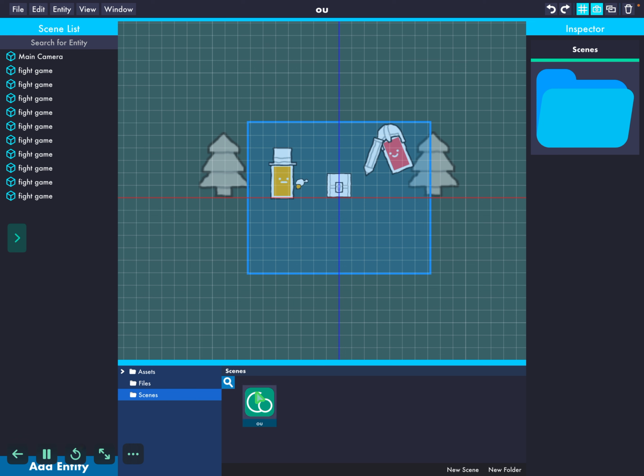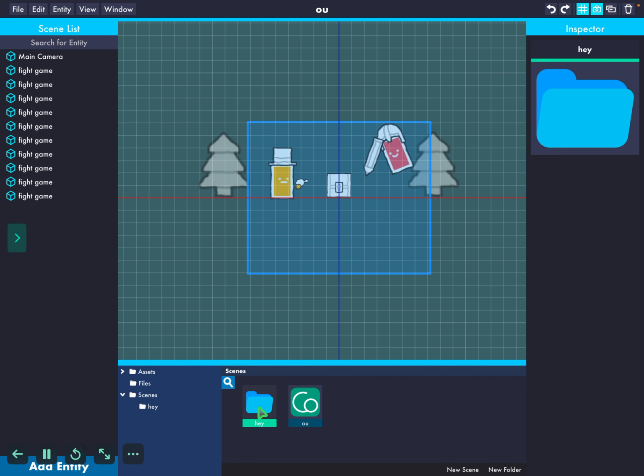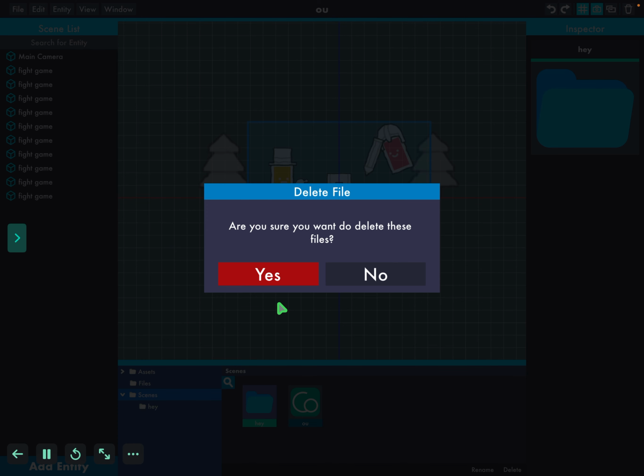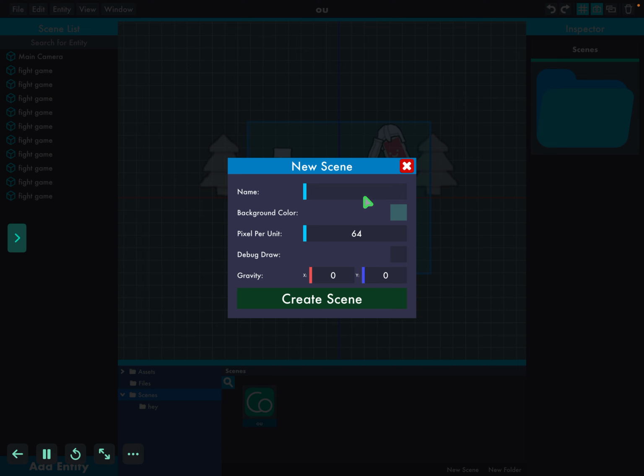Also, I completely forgot to show that you can actually create folders inside of Codea now, inside of my editor. So if I click something called hey, it makes a folder now, and I can just delete it like a regular folder. I forgot to add the feature to actually delete it over here, but that's a bug. But one thing I can do is create a new scene by clicking this button over here, writing the name of the scene. Maybe I'll write it hello,